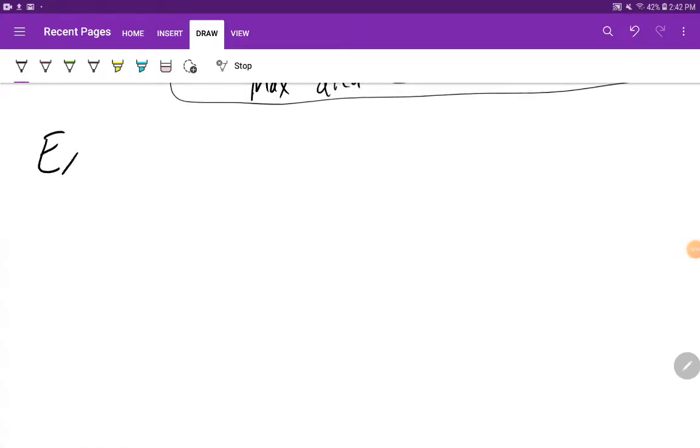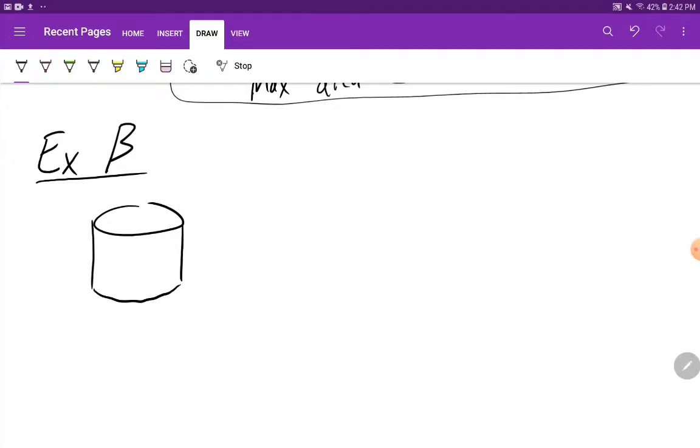All right, let's move on to example beta, I guess. Since we did example alpha, let's follow suit here. So in this example, let's say we're designing a can, right? Just a simple can. And I know not all cans look like this, and some of them have ridges on them and things like that. But we're just assuming that we have a nice looking can here, and we've been tasked to design